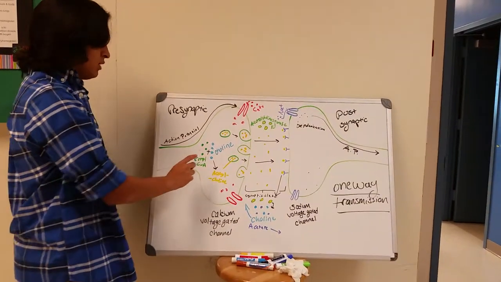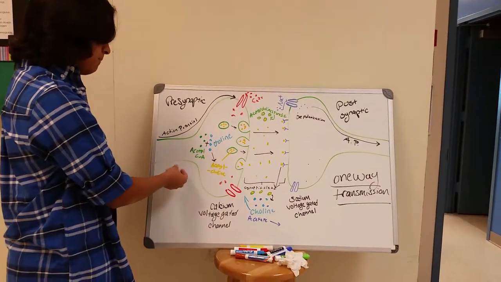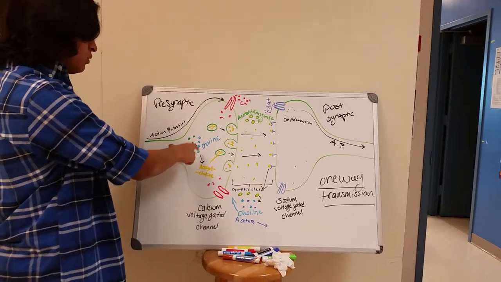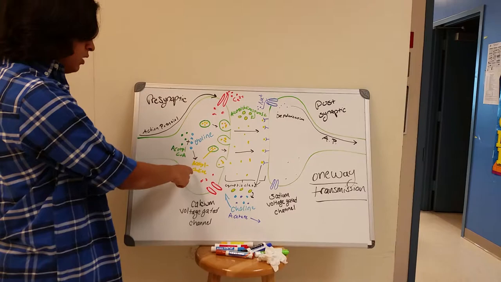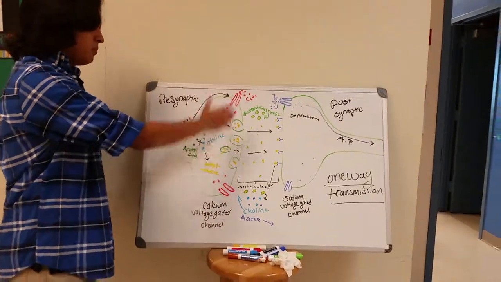Now, what happens here is that the choline is going to encounter another substance called acetyl-CoA. The acetyl-CoA binding with choline is going to turn back into acetylcholine, which is eventually encapsulated in another vesicle, and the whole process